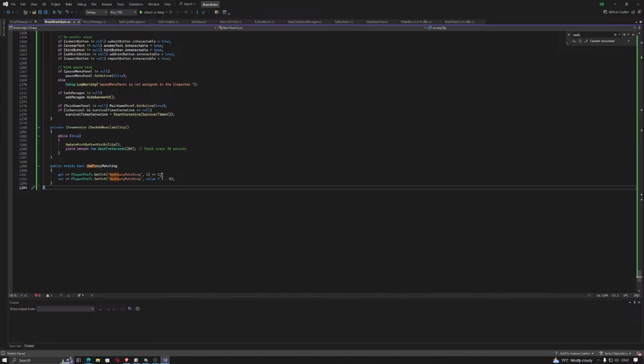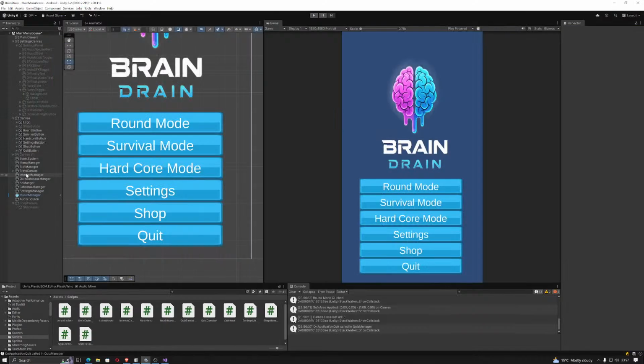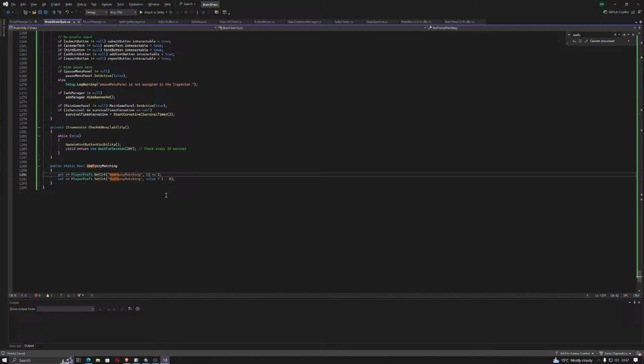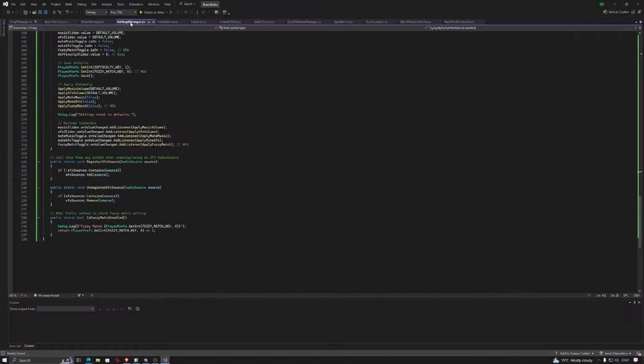If it equals 1, doesn't seem to make sense. Continue, what I'll do then, let's go back to settings manager